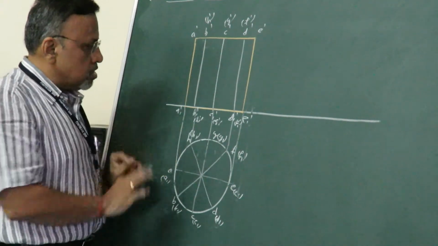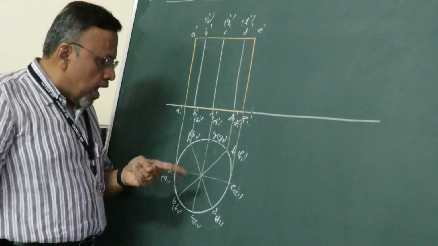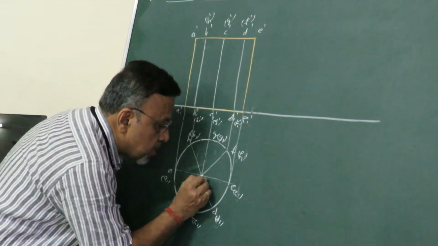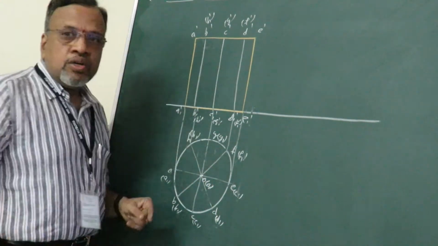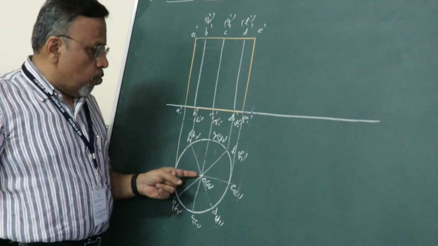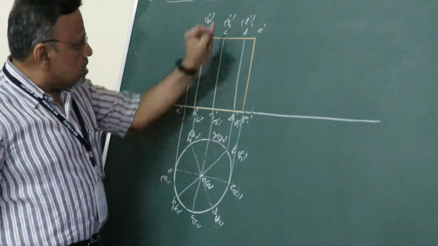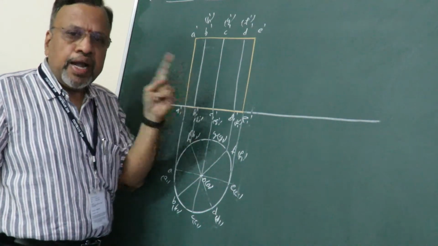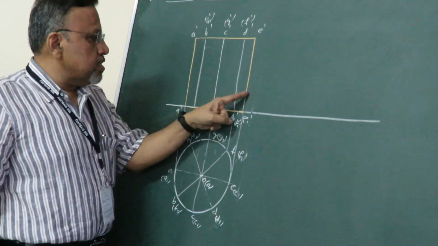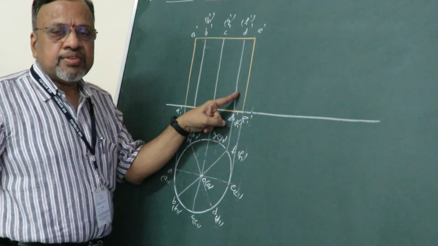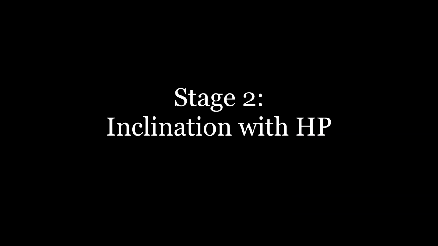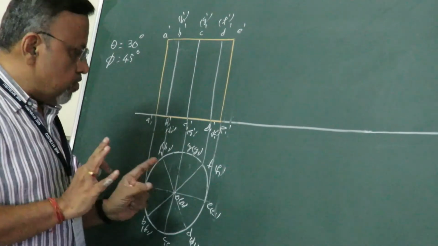Okay, now I have just done stage 1, and as you can see in stage 1, I have not shown the axis. Why have I not shown the axis? The axis will come here only. That is, I will connect O and O1. So this O and O1 will come between this CC and GG. That's the reason I cannot show it. Is it okay? And again remember, these generators have to be light. Okay, now stage 1 is complete.